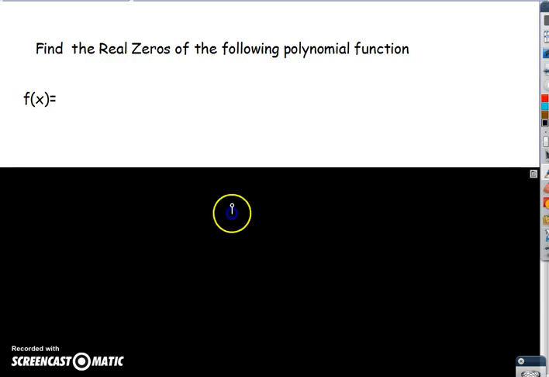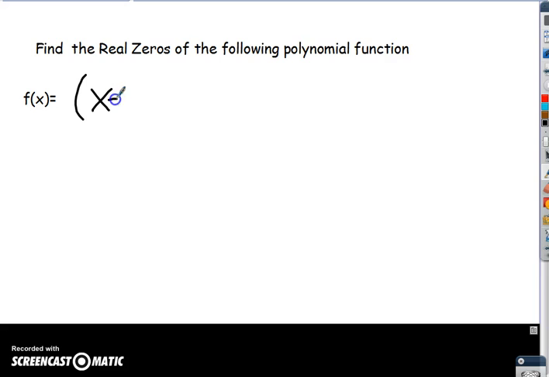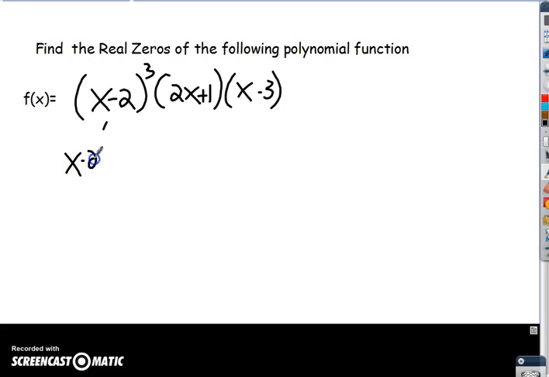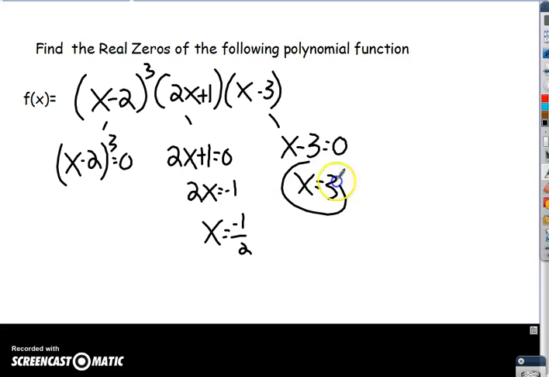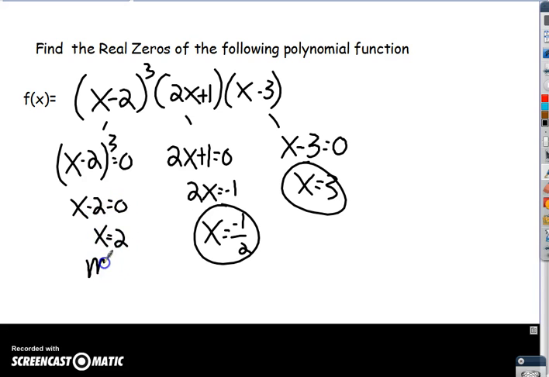Alright, so let's find the real zeros of the following polynomial function: x minus 2 to the third, 2x plus 1, and x minus 3. It's already factored for us, which is awesome. We set each factor equal to 0. Recall, each factor gets set equal to 0 because of the zero product property, a little bit of a refresher. It means if I have a bunch of things that are multiplied together, and I say they equal 0, one of these three has to, in fact, be 0. Look at that, negative 1/2. And now here, we circle, cube root here,